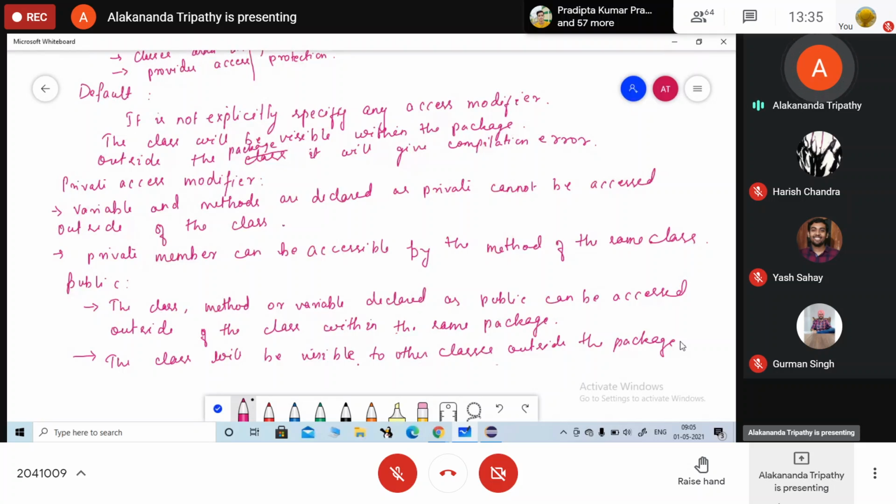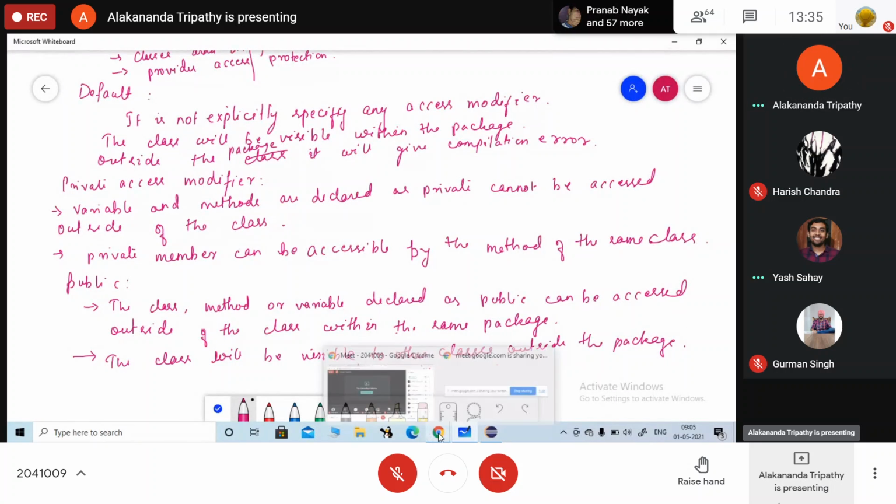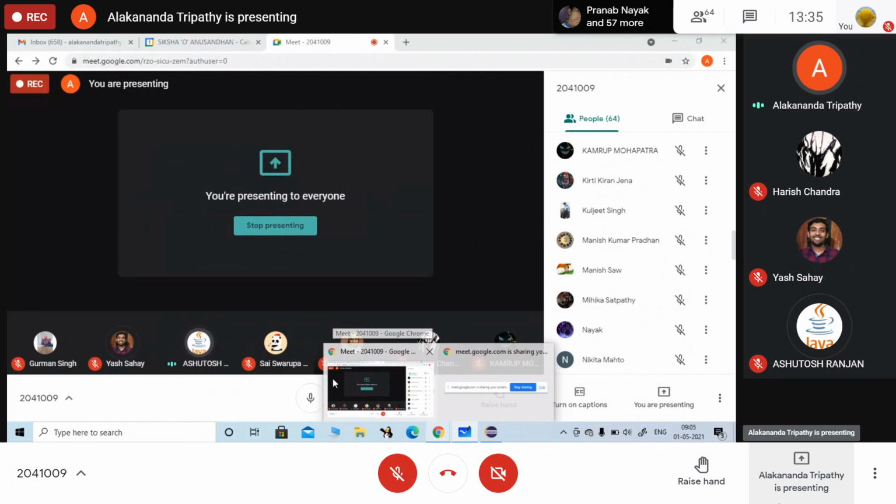Okay, so if you are going to define it as public, then it will be visible to classes within the package and also to the classes outside the package.